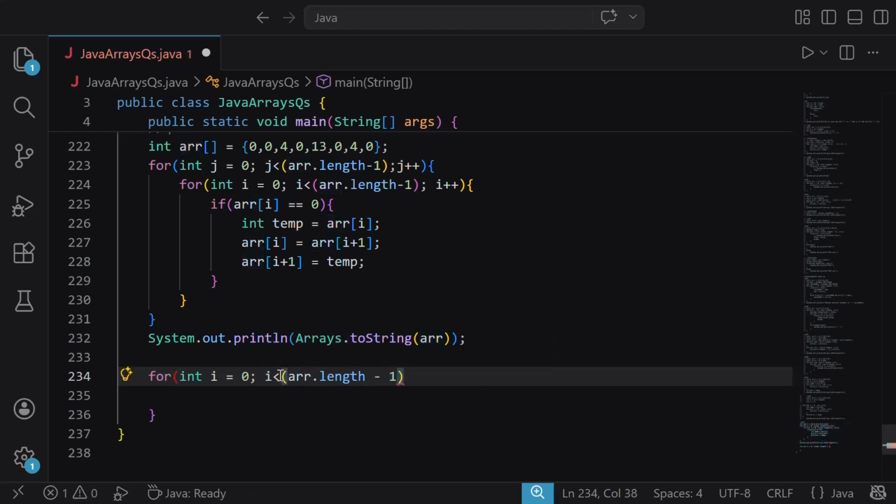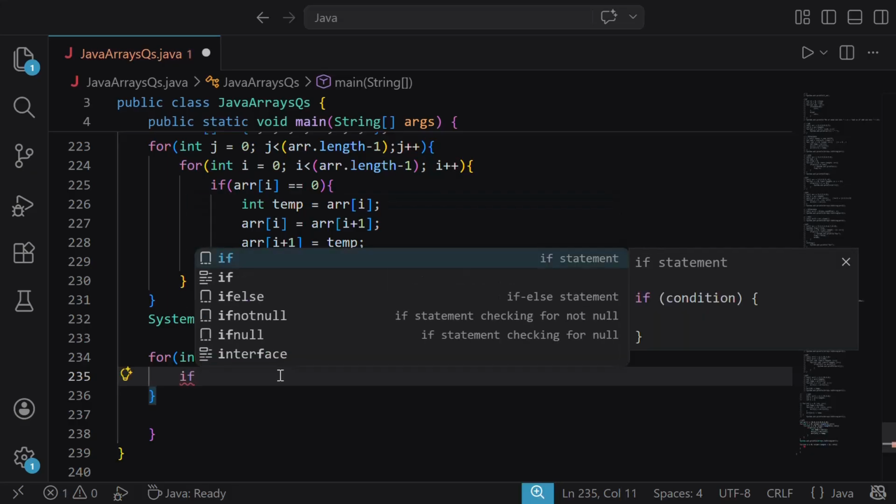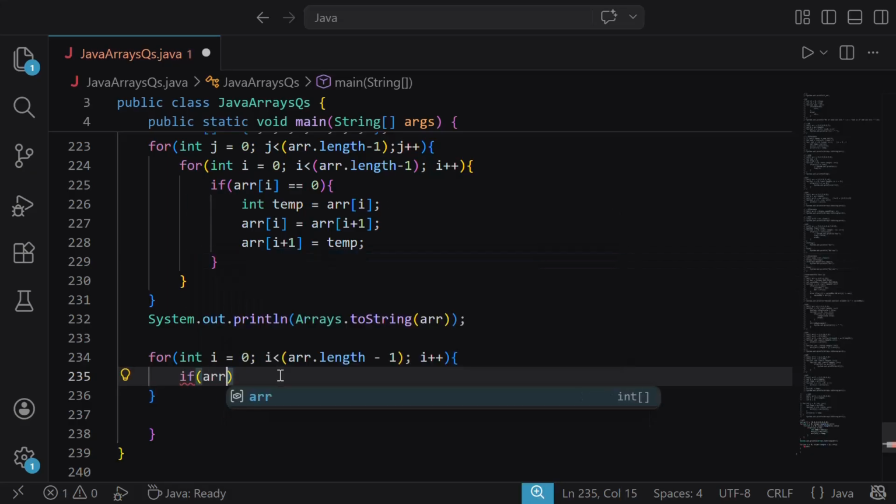We can put this in parentheses, and I plus plus. So in this, what should be done is if the element is 0,